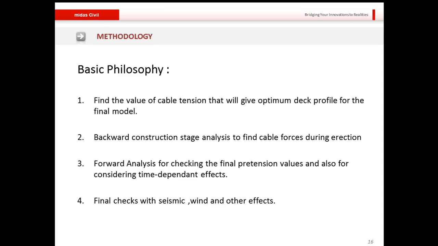So this is the basic philosophy or the basic workflow when creating and analyzing a model for a cable stayed bridge. So first of all, we find the value of cable tension that will give the optimum deck profile for the final model. This is also known as the initial form finding or pretension value of the ideal state of the cable bridge. Once we have found this initial pretension, we do a backward construction stage analysis to find the cable